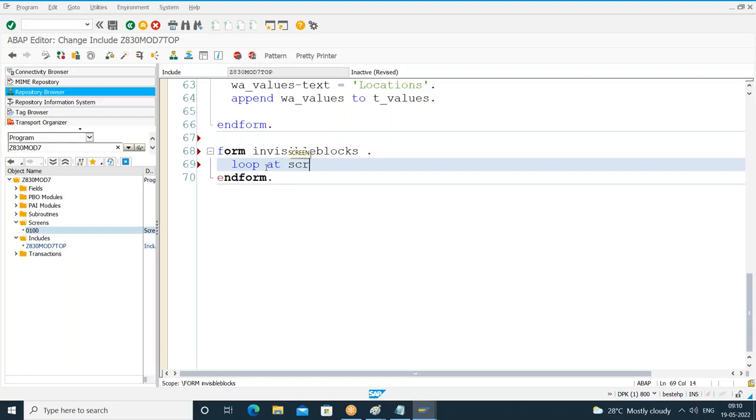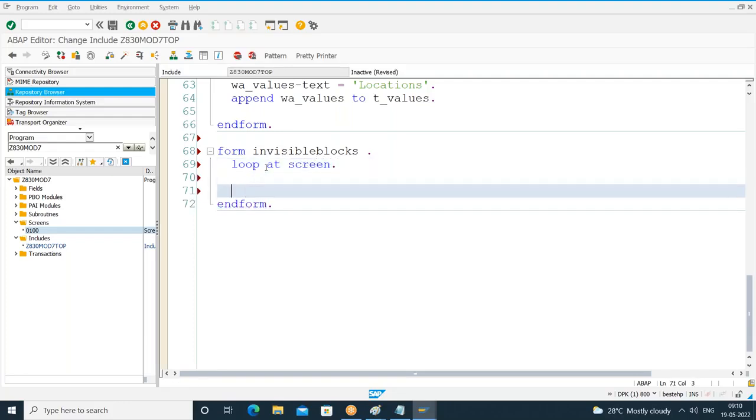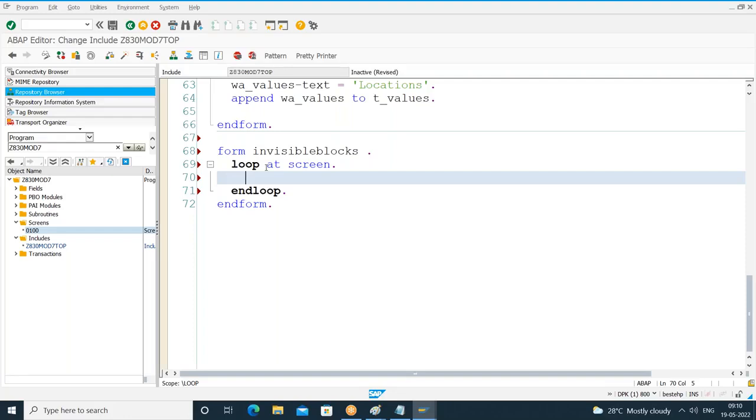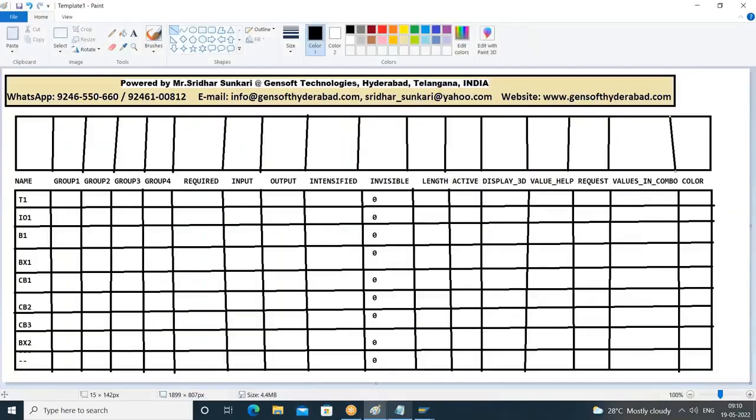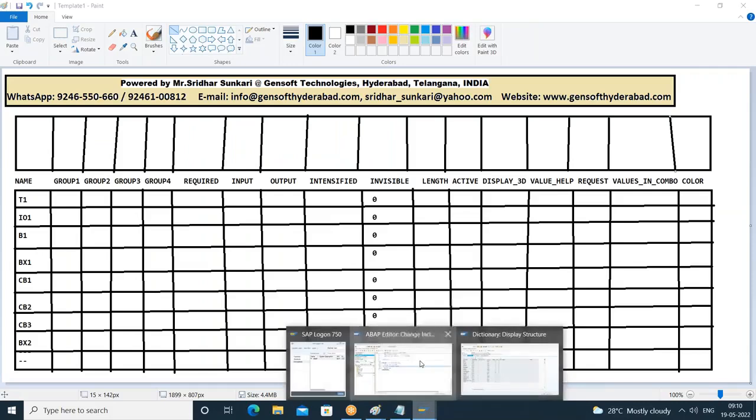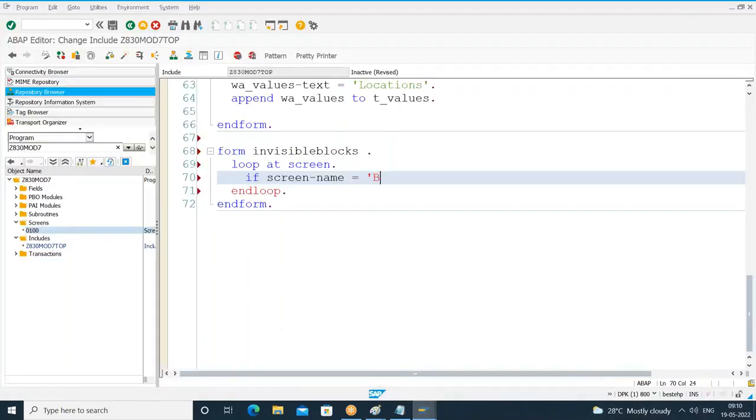Loop at screen. Actually, I have not created this internal table. It will be available during every program execution. This internal table will be constructed by SAP itself. Loop at screen. When you loop here, each record will come to the work area. So if screen-name, understood? Each record will come to the work area. When each record comes to the work area, if screen-name equal to